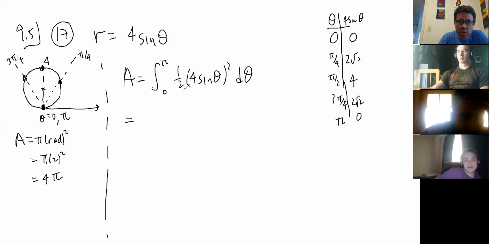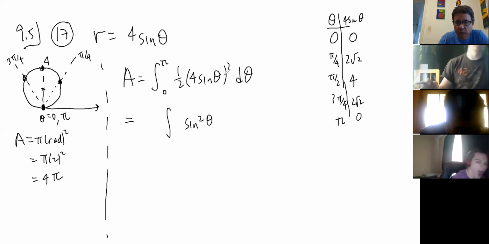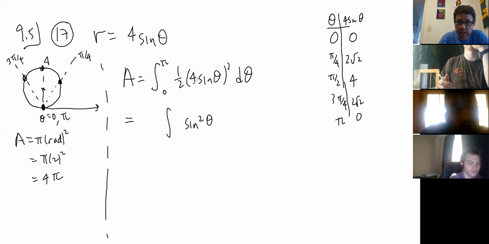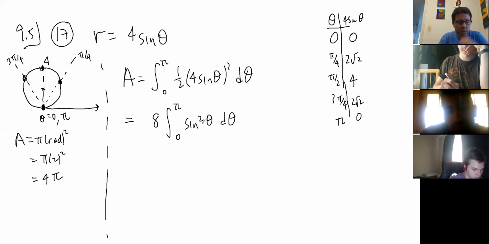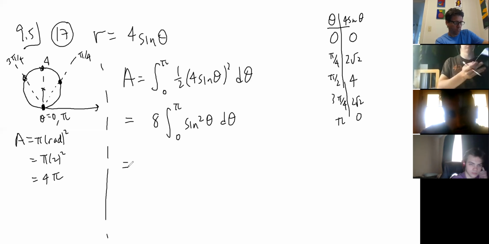So if I square this out, I would get sine squared. I'd also get 16, since I square the 4, but it's multiplied by 1/2. So that's 8, which I could either put inside or outside. I'm not sure where I need it, so usually I pull constants outside. And then 0 to pi. So, what do you do with that? Well, you can look in the back, in the table, where there is a formula for the integral of sine squared. There is. So if you want to just use the table,